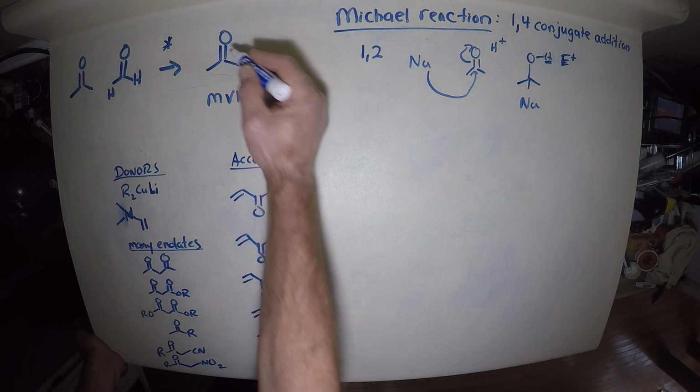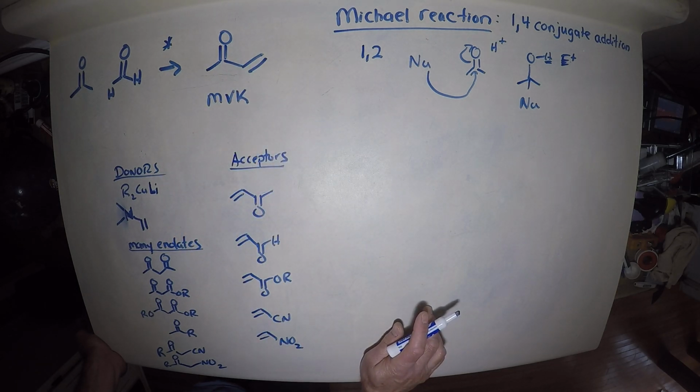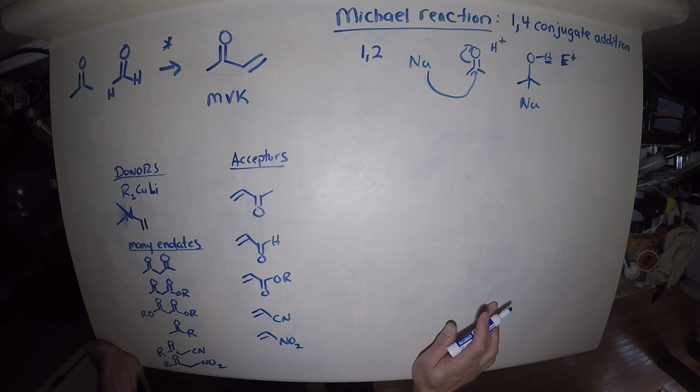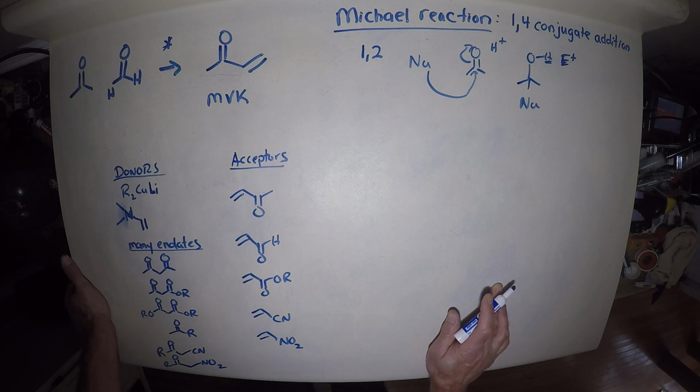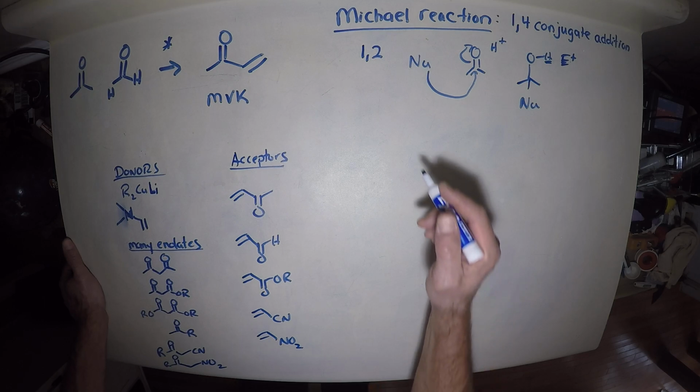It's an enone, and it's quite electrophilic, as are most Michael acceptors. Along with that tendency, they tend to be toxic and not good for us. At any rate,